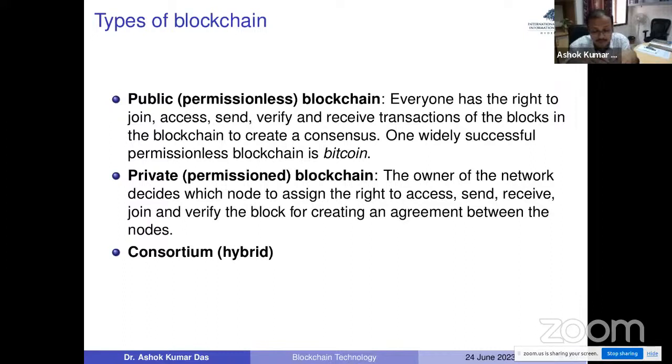Let us take one example of a private blockchain, something known as healthcare applications. If we look at a particular hospital, we have several kinds of data. We can have patient-related data, mostly. Then we can have doctor information. We can have insurance information for the patients. We can have pharmacy, and we have laboratories. All these informations are there.